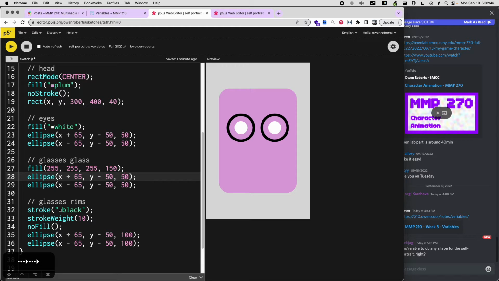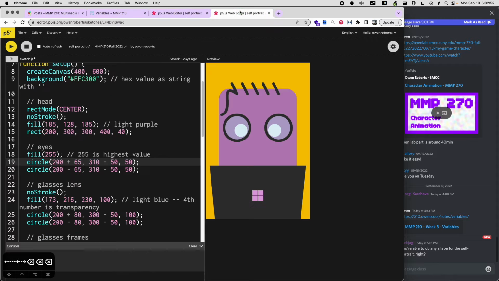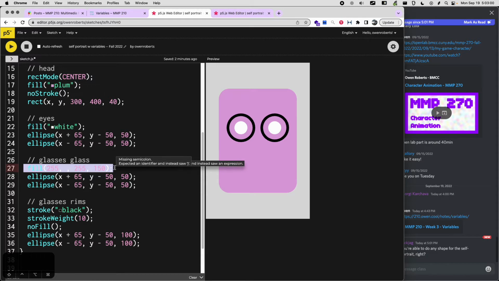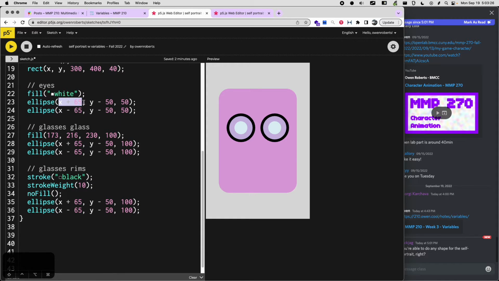And I guess we need to make it a color. Let's just grab the color from that I used before. I'll just copy this. Huh, I guess we don't really. Am I missing something? Oh, let's make them bigger. That's the problem. Okay, so we need to make these also 100. There we go. Okay. So now we've got the glasses,